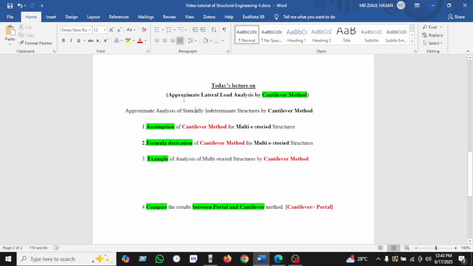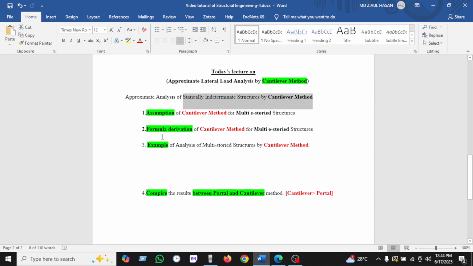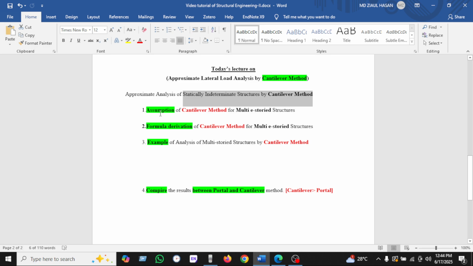Hello everyone, today I am going to deliver a lecture on approximate lateral load analysis by cantilever method. The approximate analysis of a statically indeterminate structure by cantilever method. So I will cover the assumptions of the cantilever method for multi-story structures, and then the formula derivation of the cantilever method for multi-story structures, and then the important thing, an example of analysis of a multi-story structure